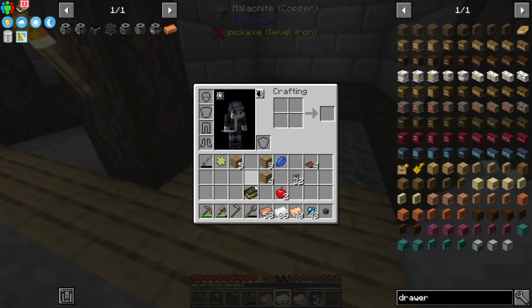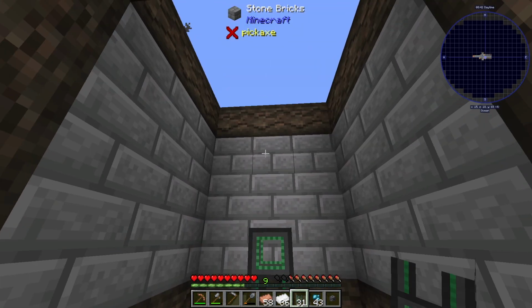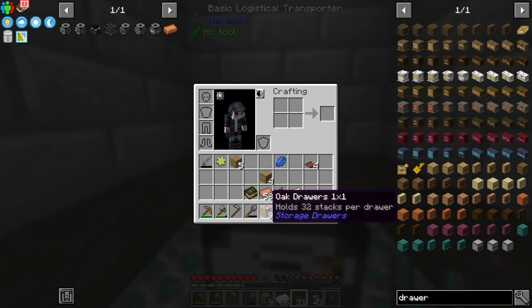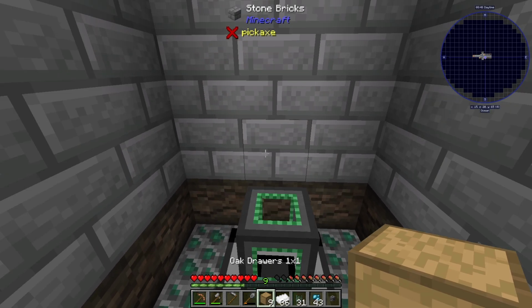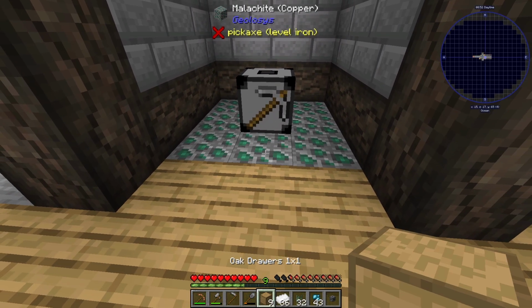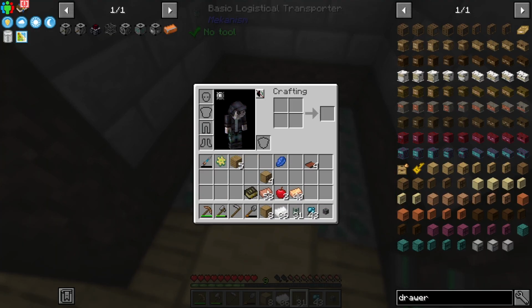But basically the plan now is to go ahead and grab the basic logistical, and we just pop that on top, or I can put it, yeah, we'll put it on top, doesn't matter. Do this here. We want the drawer on top of that. Actually, it'd be easier if I did it this way. Go ahead and move that there. We'll put the drawer out here, then do that, and then I should be able to set that to extract